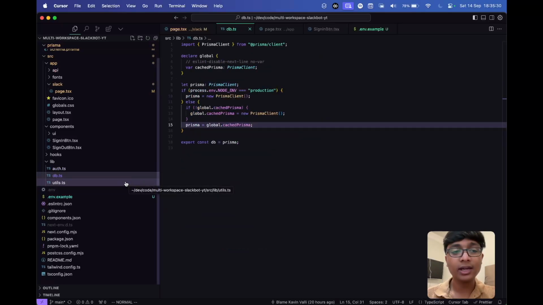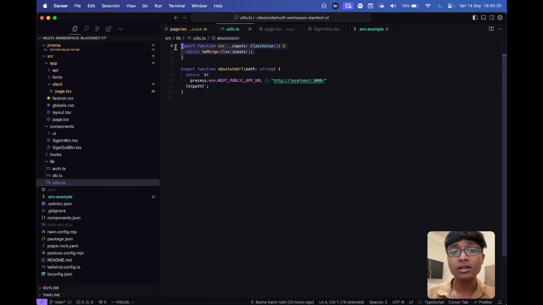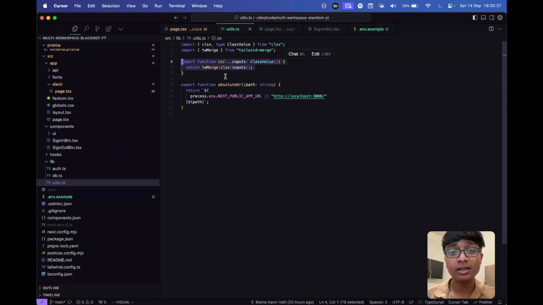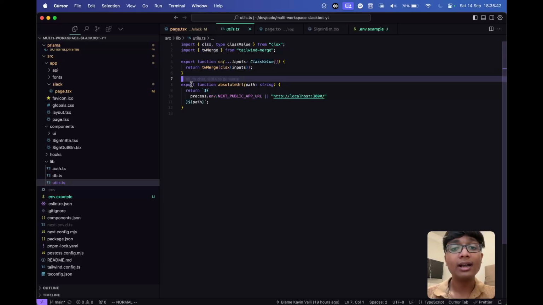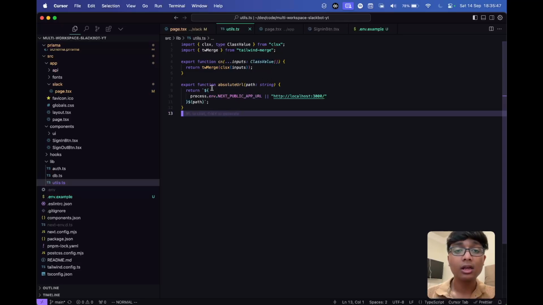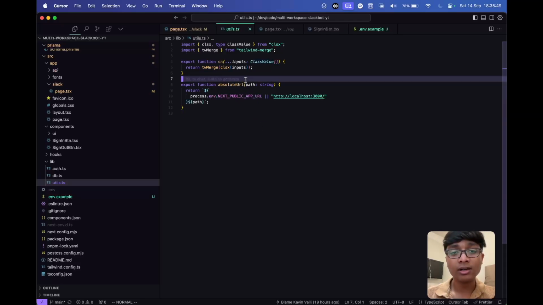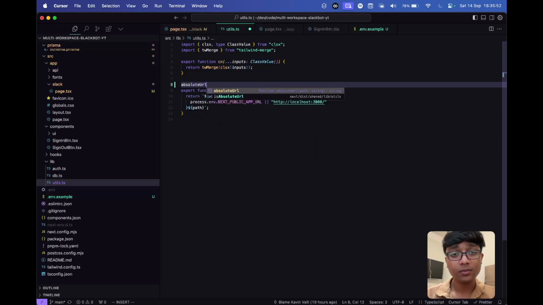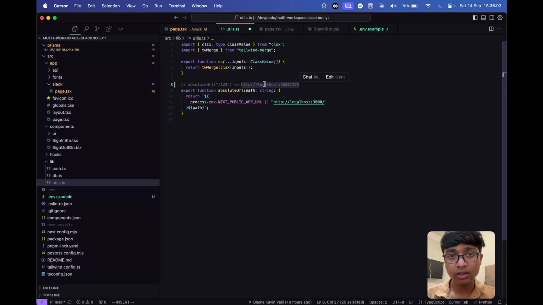The db.ts is a very basic boilerplate code for Prisma, and in utils.ts, cn is the function which is generated by ShadCN, which just uses twMerge along with the clsx library, and this absoluteUrl I'll be using somewhere. It basically just returns a URL if I call absoluteUrl with, say, /123. So this will basically return, in this case, http://localhost:3000/123,